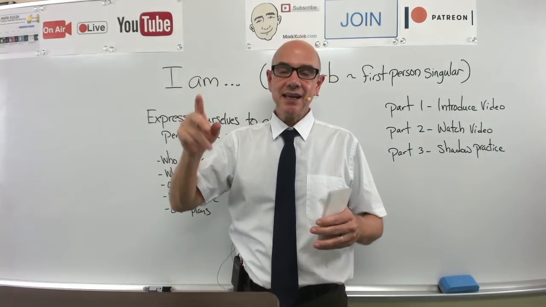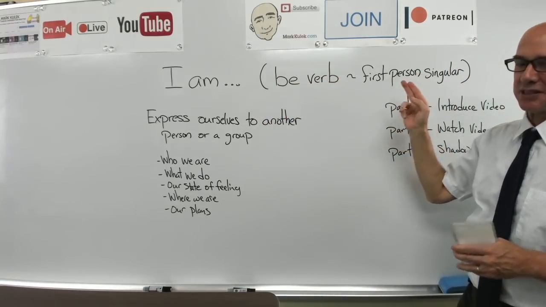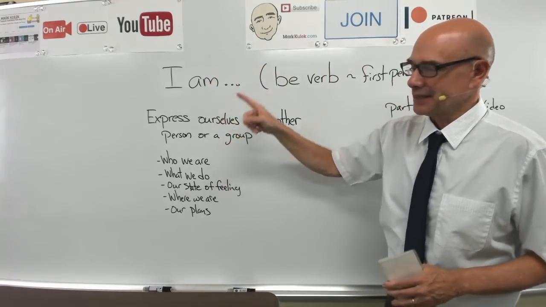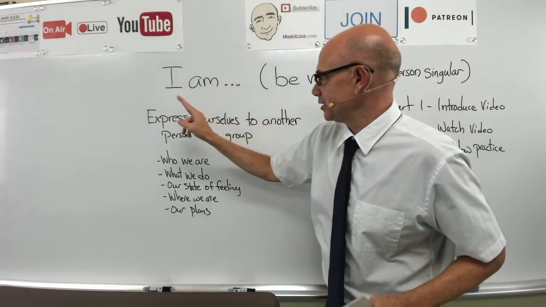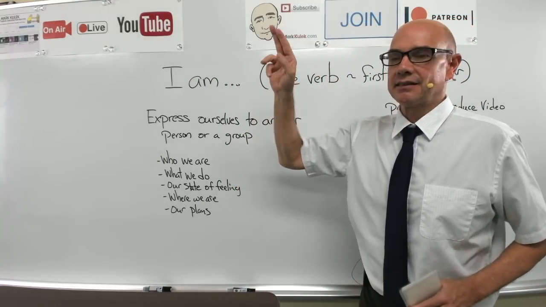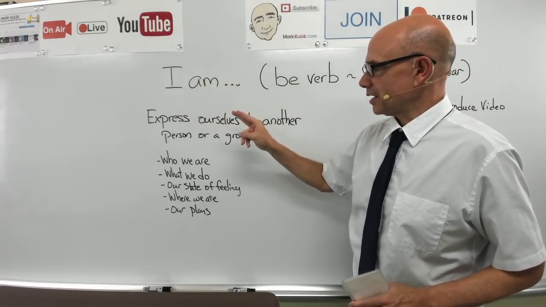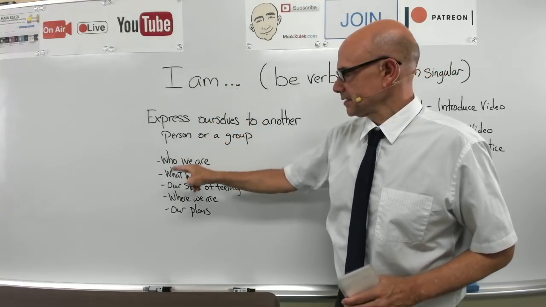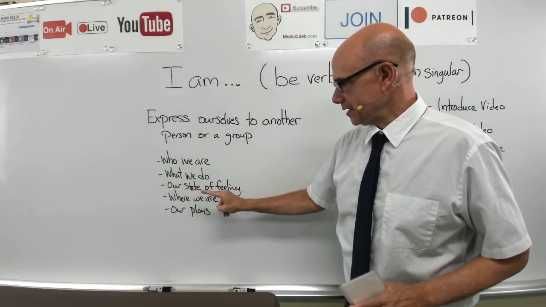Today we are practicing I am, be verb, first person singular. Yes, one more time. Today we are practicing I am. Yes, I am. We use I am to express ourselves to another person or a group, all right? And then we use it to express who we are, what we do, our state of feeling, where we are, and